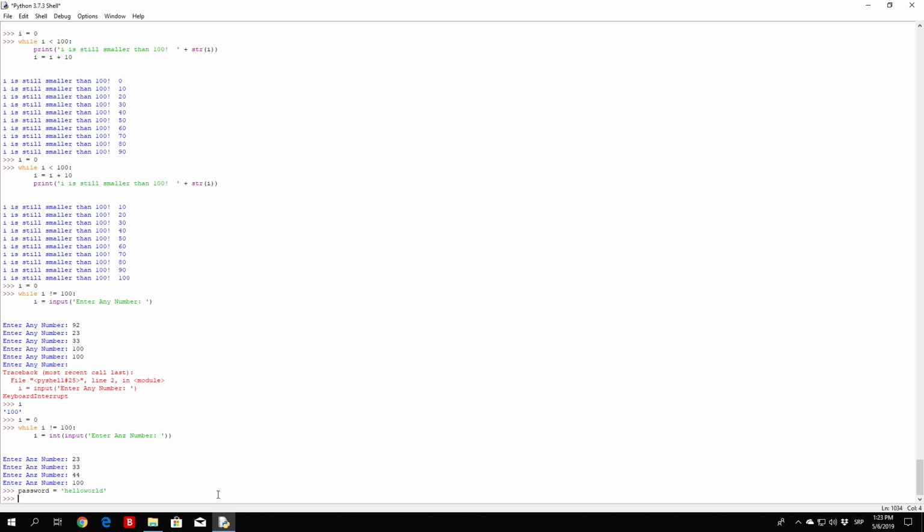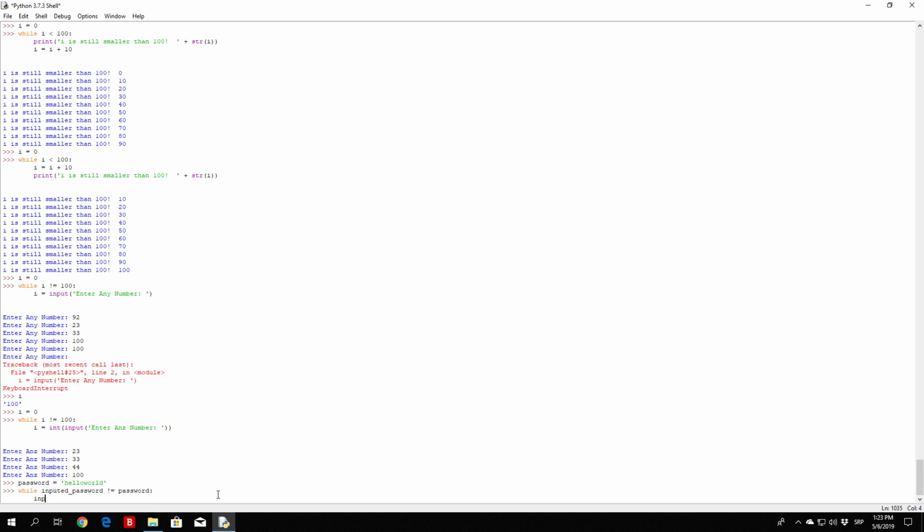Let me double check this first of all. Okay, so we can do something like this: while inputted underscore password is not equal to the password, we want to prompt the user, so inputted underscore password equals